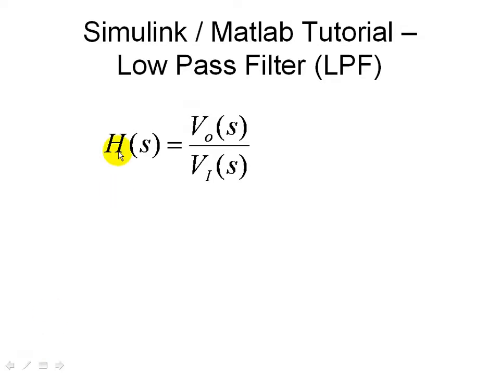Here we have a transfer function, output over input, described by this H of s, and we call that the transfer function. We used a simple RC circuit to implement this low pass filter. The equation is 1 over RC, over S plus 1 over RC, which is the Laplace domain description for this input-output relationship. S is a complex number,